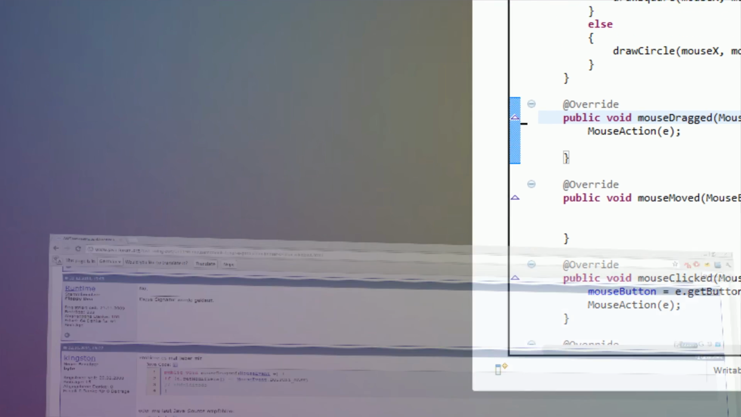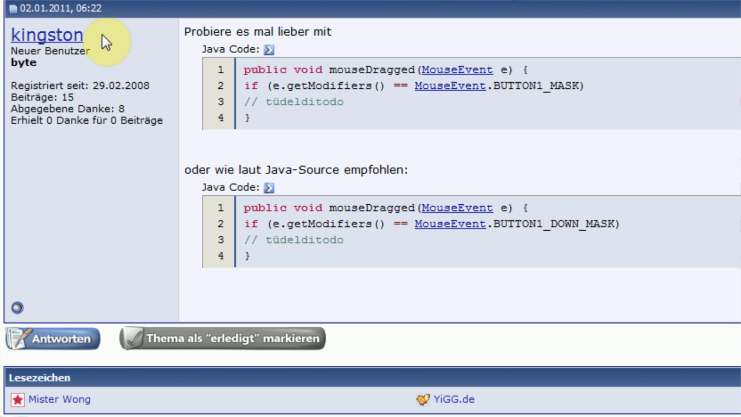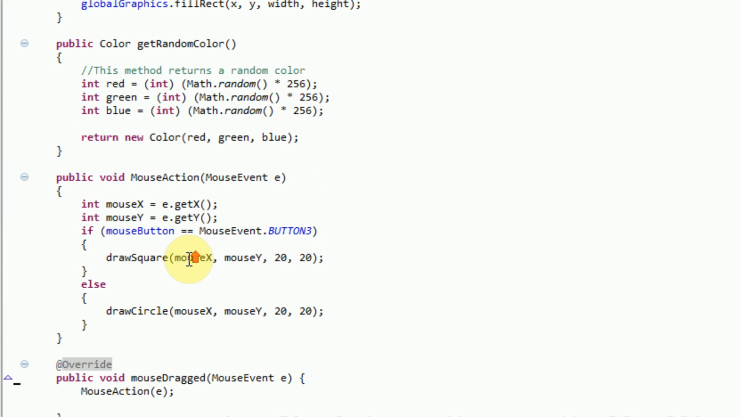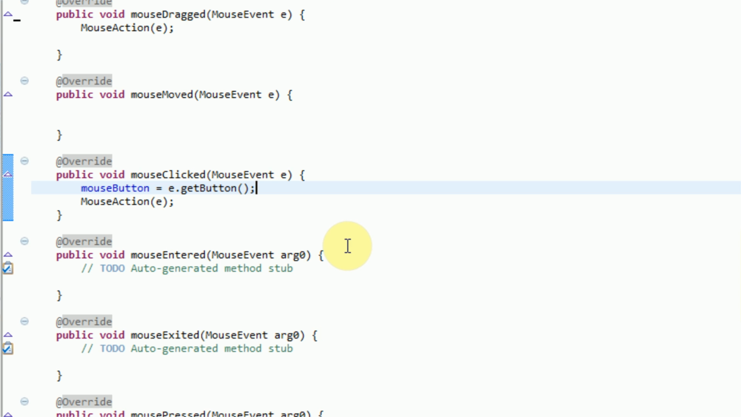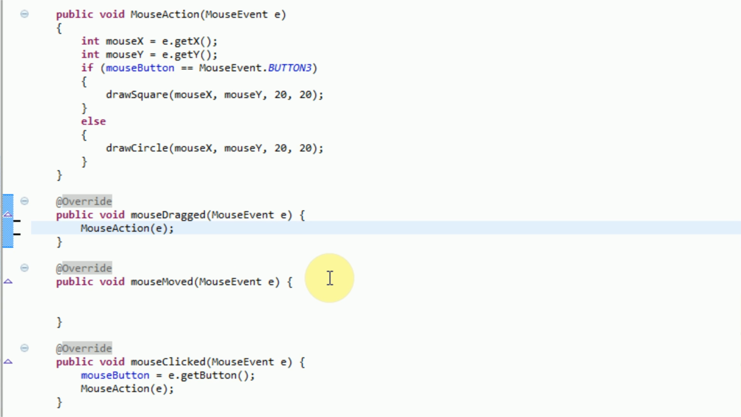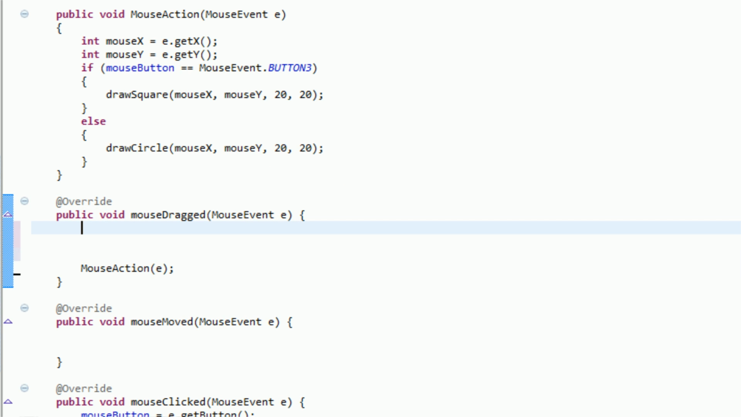Alright, so I seem to have found a solution thanks to Kingston at javaforum.org. Apparently, when you're using mouse events, there's also an alternative way to actually get the button. So what we actually want to do is, when the mouse drag method is activated, if you want to detect if it's left click or right click, you can actually see